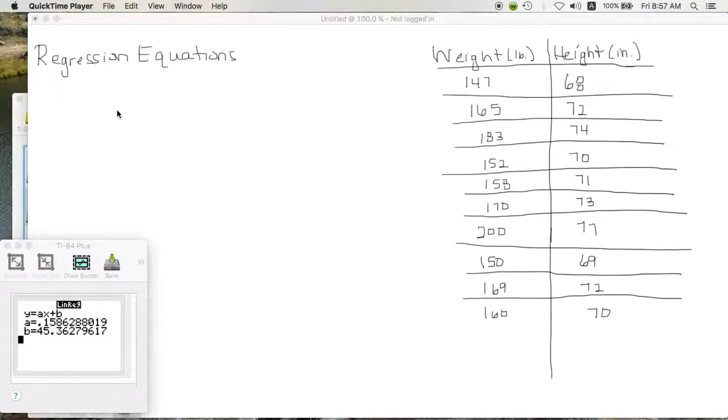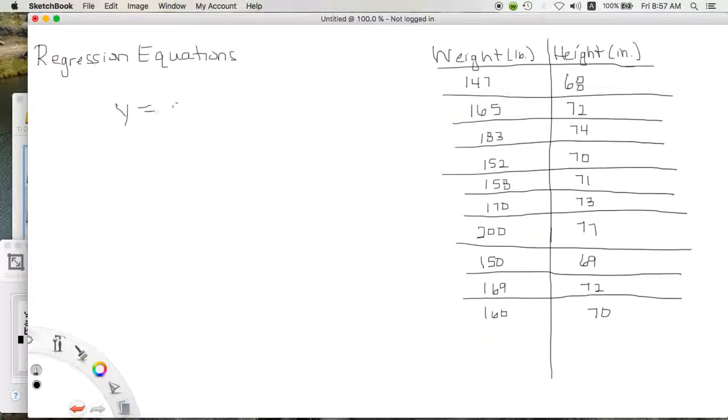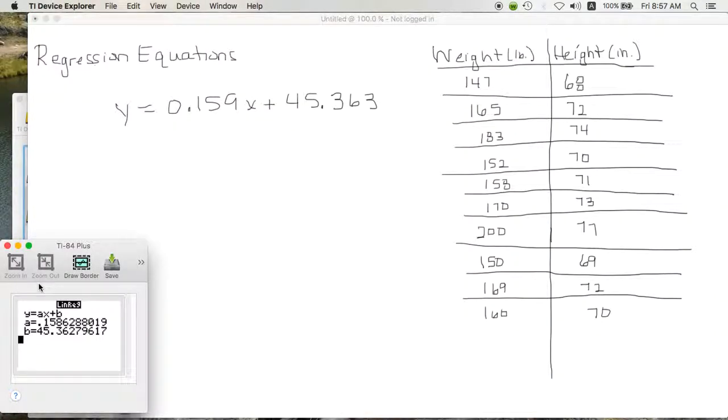So this is y equals 0.159x plus 45.363, so that we can see our equation. Then if we go to the y equals and put that in, and then graph it,